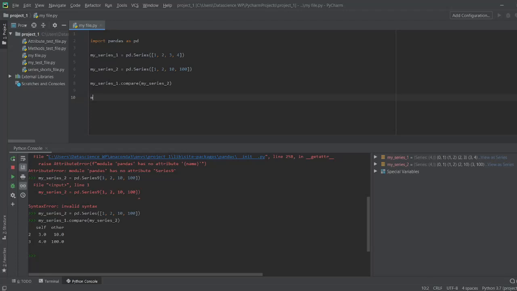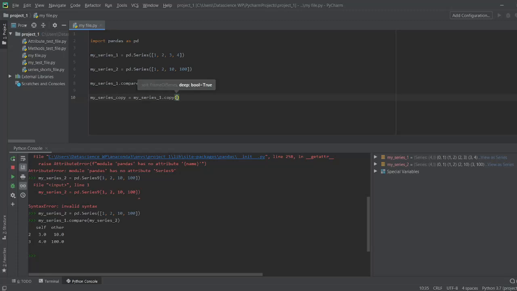So I'm going to consider the my series 1 that we created, and let's take a copy of the my series 1, and I'm going to call this as my series copy. And we can simply say my series 1 dot copy.